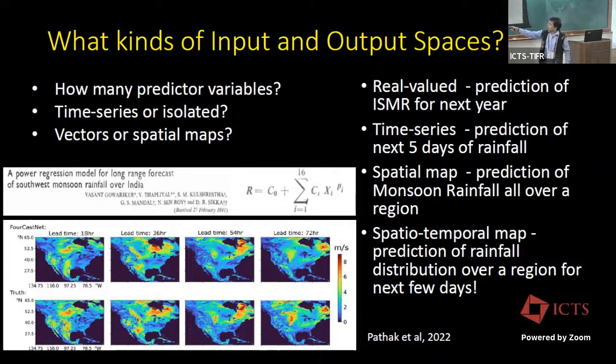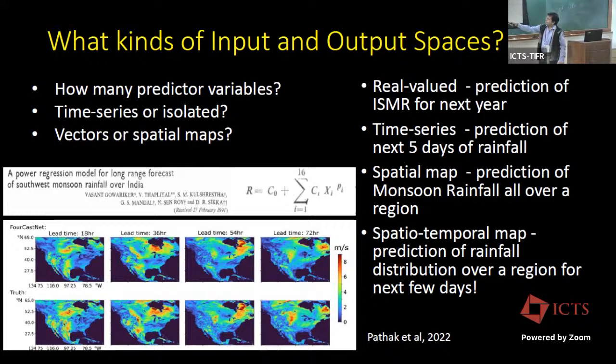And what is your output space? The output you are looking for is this number R. This number R here is the ISMR, that is, the amount of rainfall that will take place over the Indian landmass during the JJAS months. Sometimes some people also refer to it as AIMR. Some other people define ISMR specifically with respect to the monsoon zones, and variations are there. Let's just stick to the total JJAS rainfall over the entire landmass.